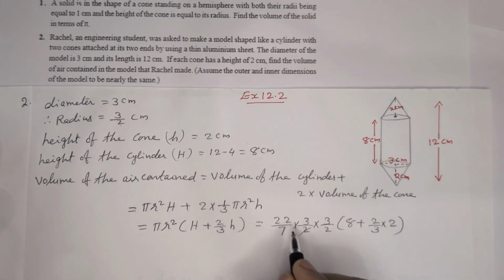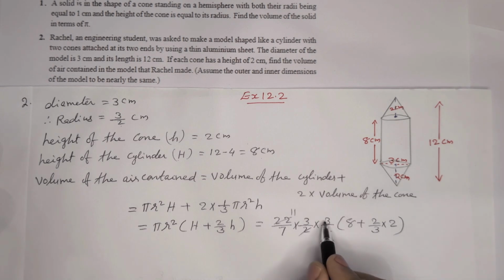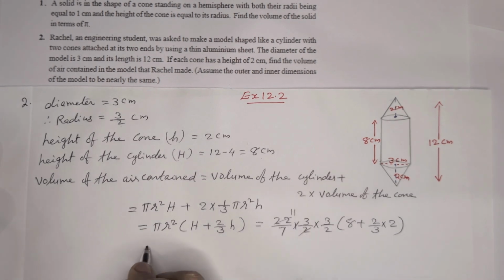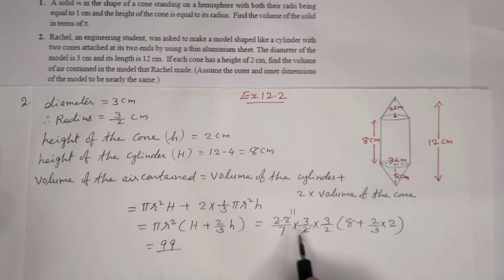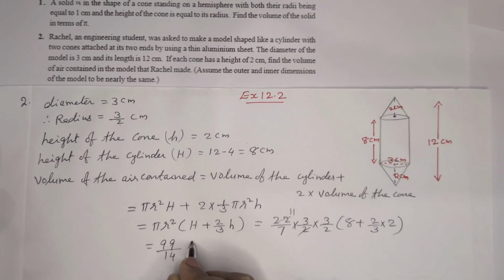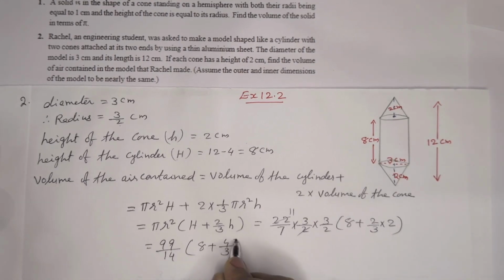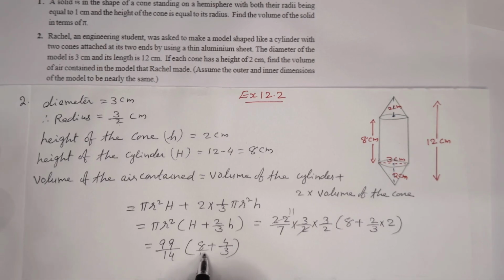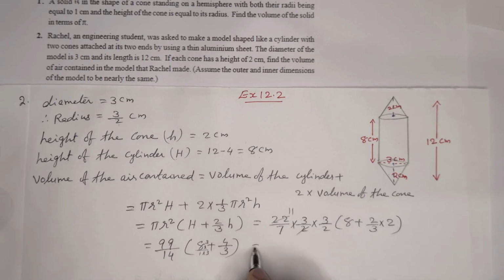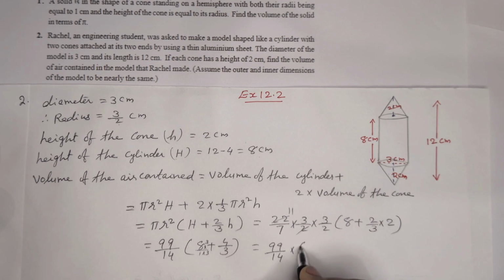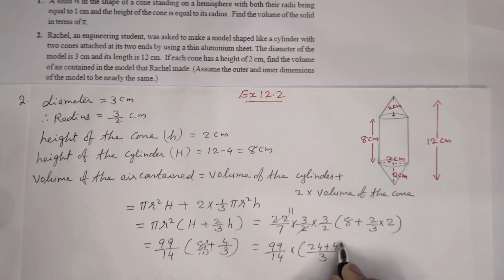When we are simplifying here 11, so 3 into 3 9, 9 into 11 99, by here we are getting 14, 2 into 7, and in bracket 8 plus 2 into 2, 4 by 3. We can take LCM as 3, so multiply by 3 up and down. So that will come as 99 by 14 into in bracket 24 plus 4 by 3,